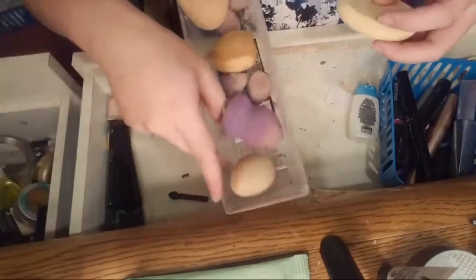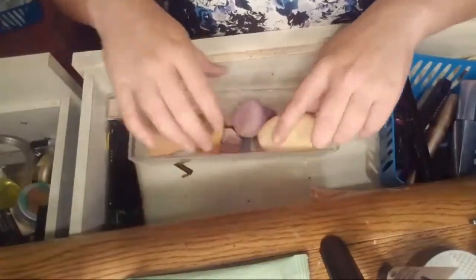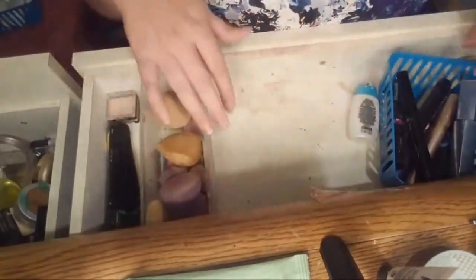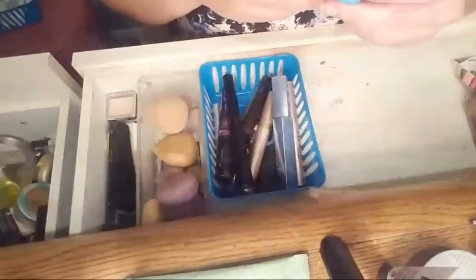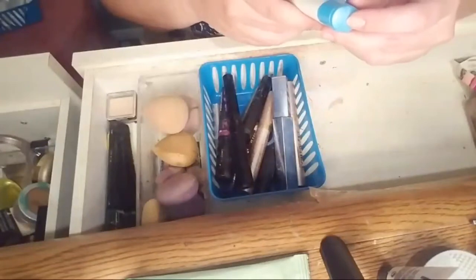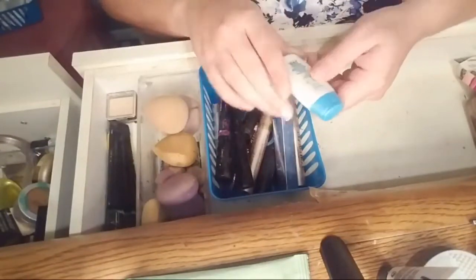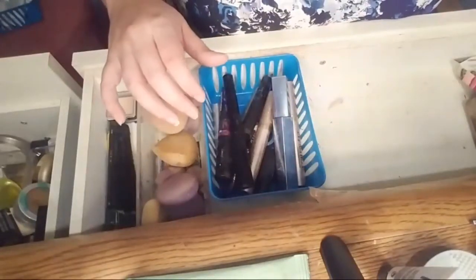So here is my sponge bin. I started collecting them this morning because I realized that they were everywhere and I could not find them. So now my sponge bin is back where it belongs. Mascaras. This is a sunscreen. So I'm not going to keep this over here either because I don't put on sunscreen